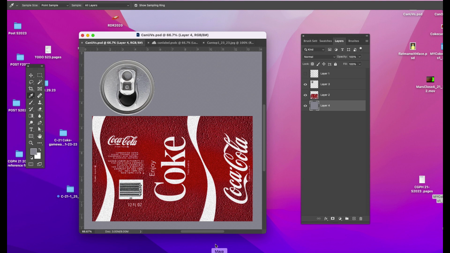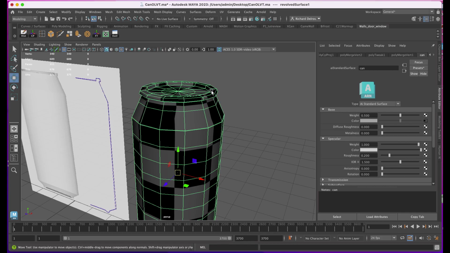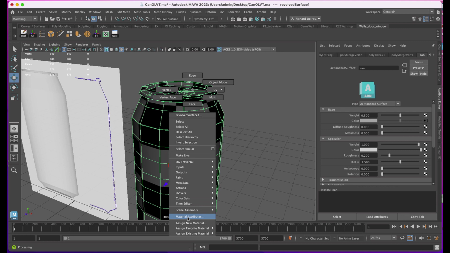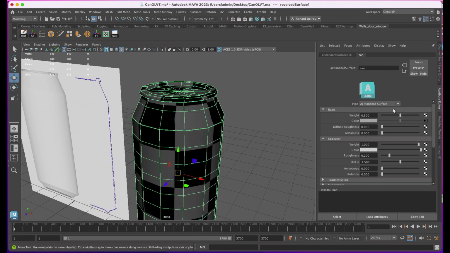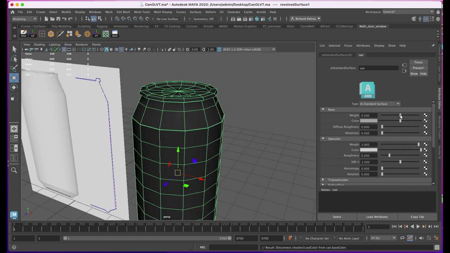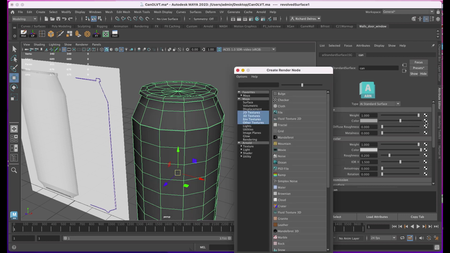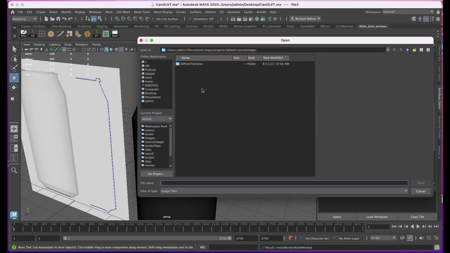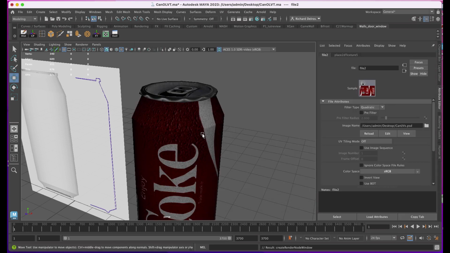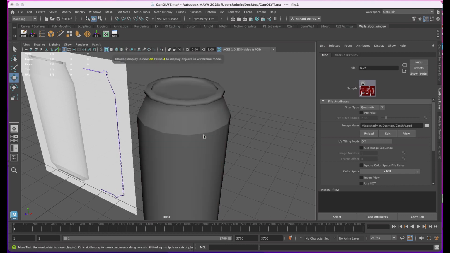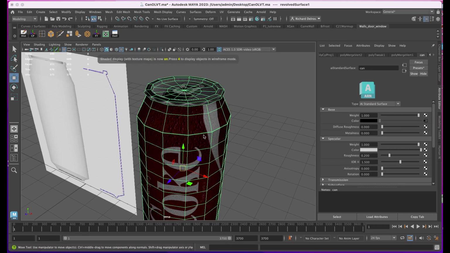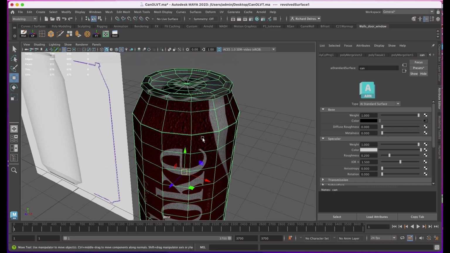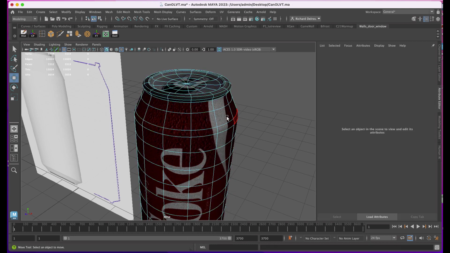Now we'll jump into Maya and we'll apply it to our can. In Maya I'm going to right click and choose Material Attributes with the can selected, and in the attributes on the right hand side I'll right click on the word Color and choose Break Connection. I'll go back out where I applied the checkerboard, but this time I'm going to click on the word File, and I'll just go out and find my texture, and I'll click Open. And if you don't see the texture immediately, hit 6 on the keyboard with it selected and it'll show up. Now when I hit 3 on the keyboard and deselect in my object mode,